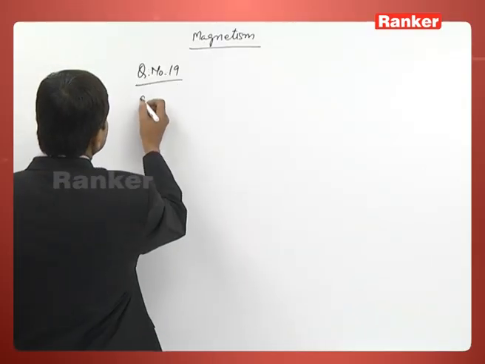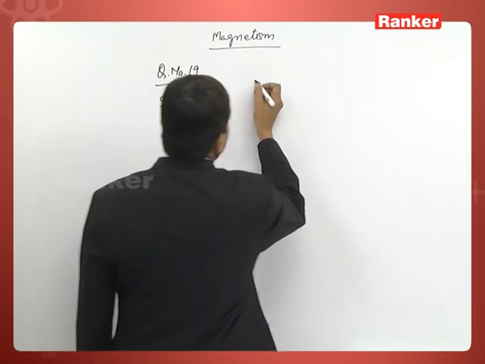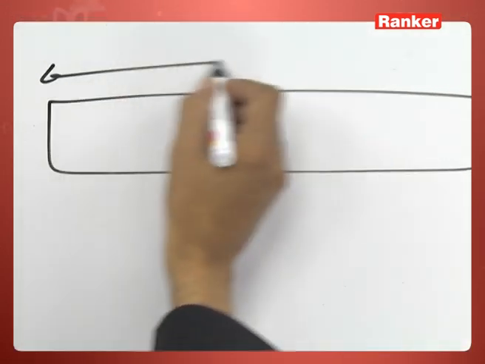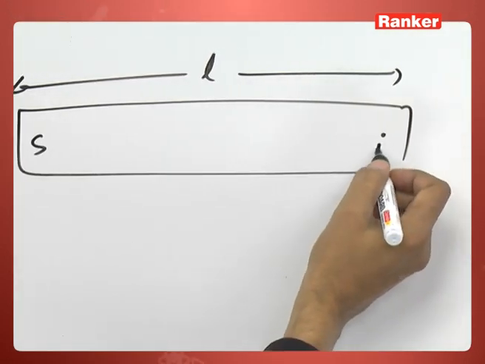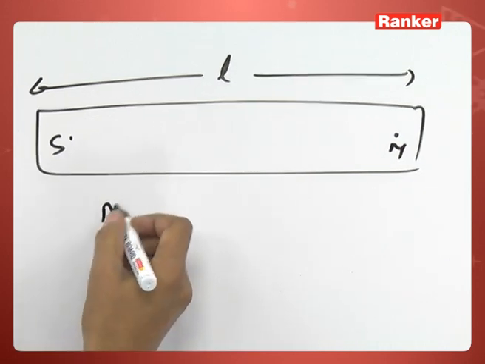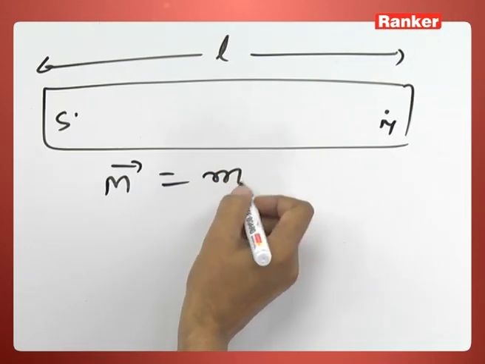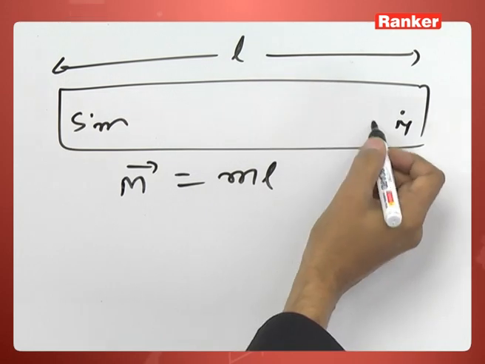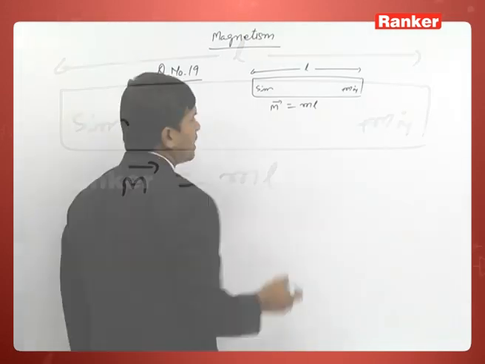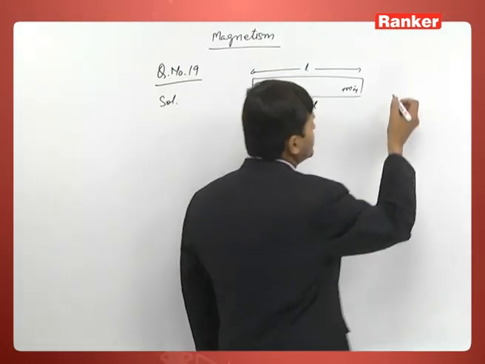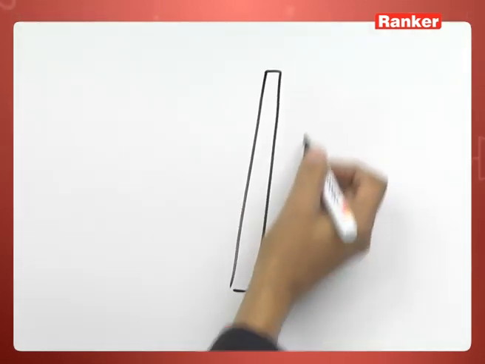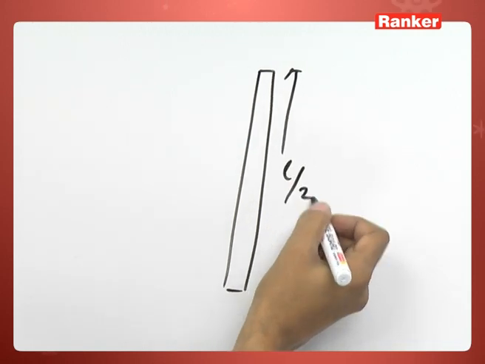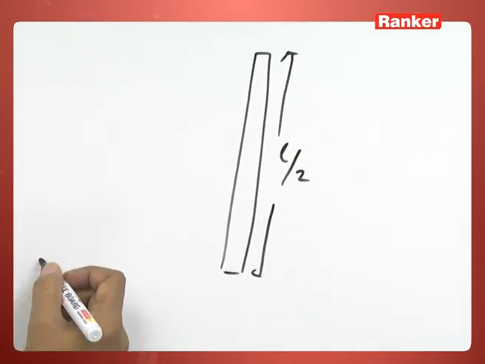As per the given question here, initially the bar magnet is this, and this has length L, and magnetic moment M is given as m into L, where m is the pole strength. Now this is divided into two parts. This is cut into two parts. One part has length L by 2,